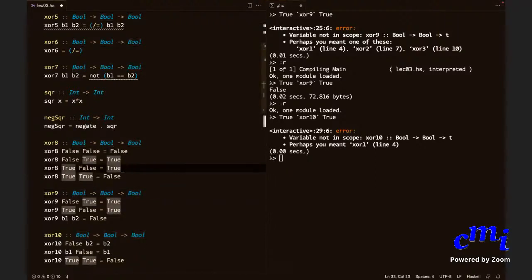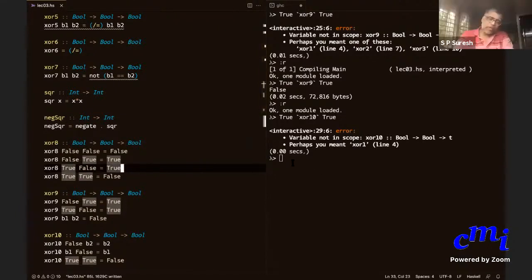So we can also do false B2 equals B2 and true B2 equals not B2. Yes, we can do that.